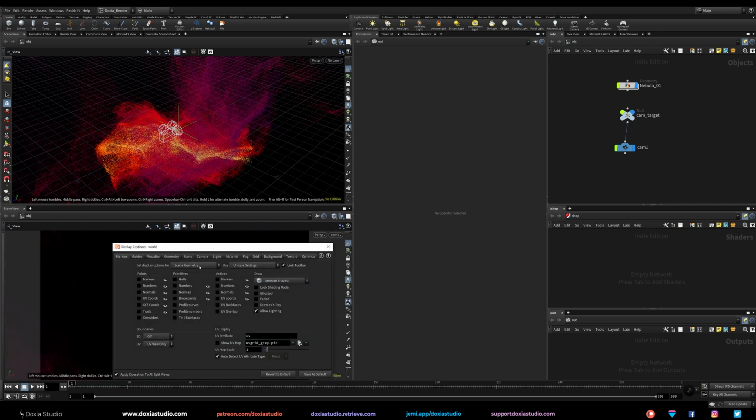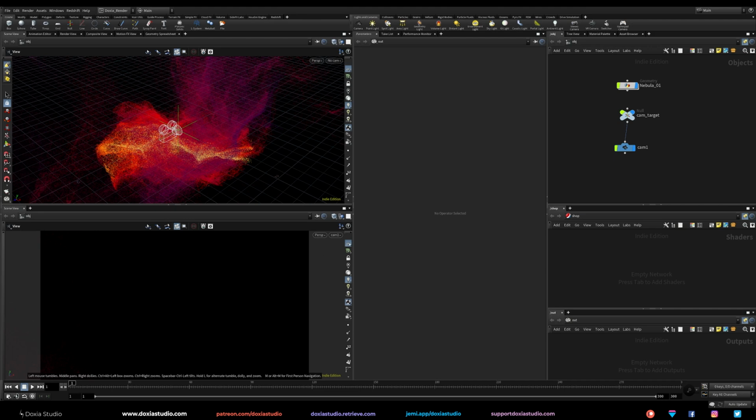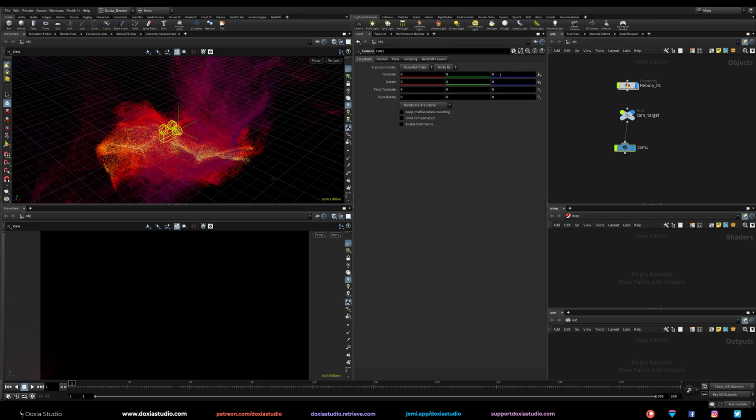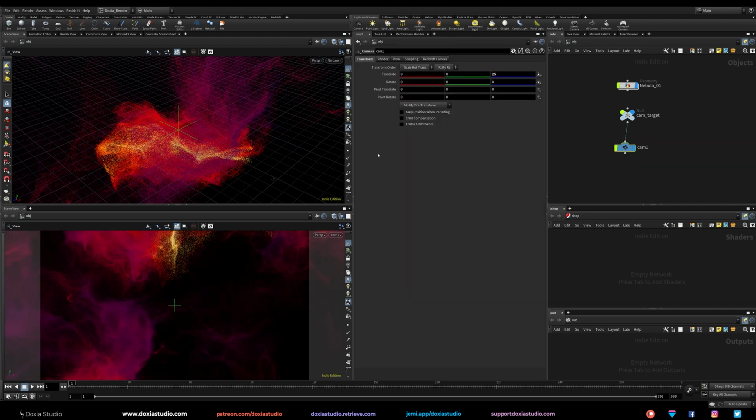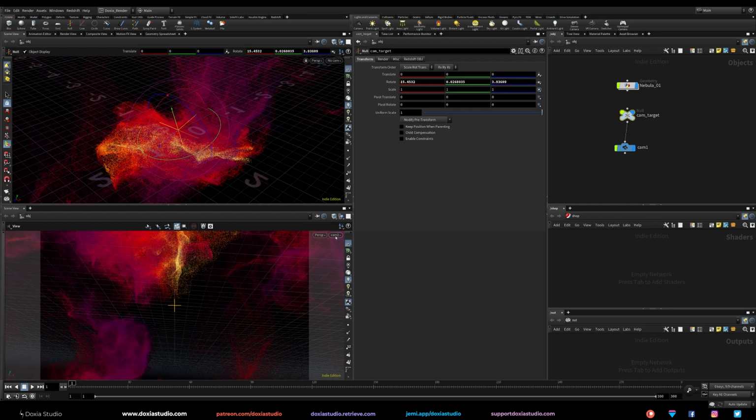And I want to be sure that our geometry is using like 2 pixels size. Okay, and right now let's boost this a bit on the Z. And now I can just rotate here and you'll see this is panning.